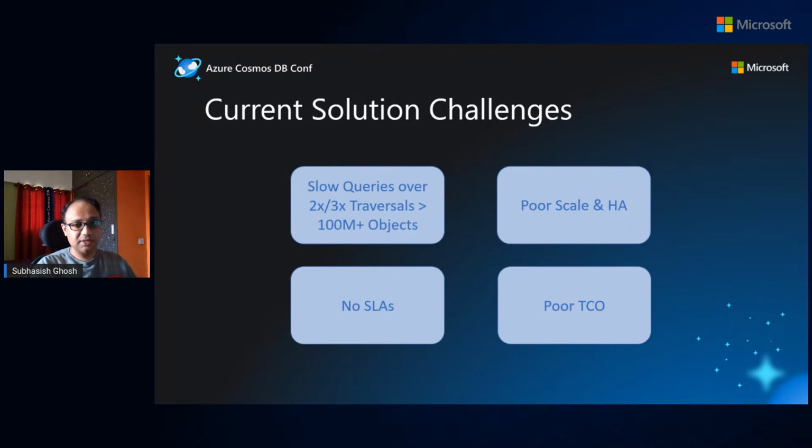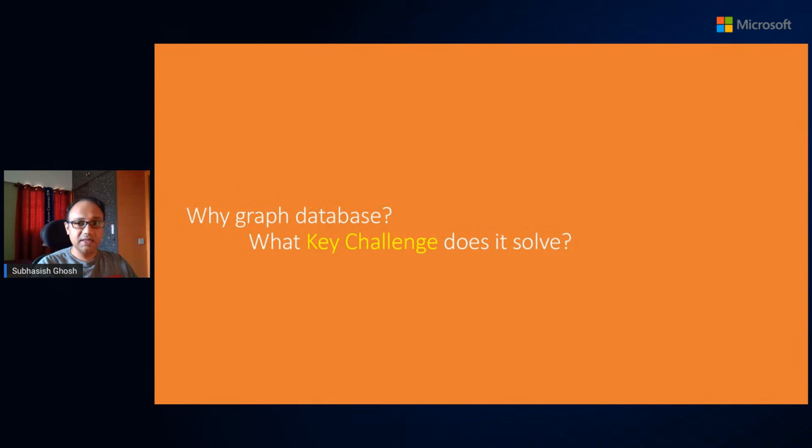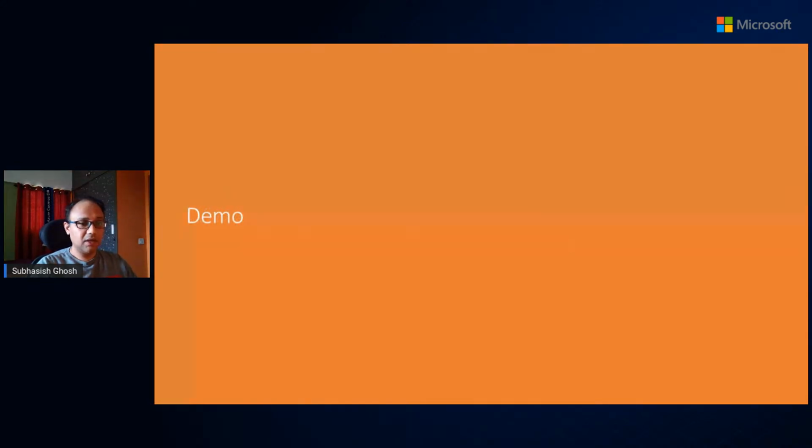There were no SLAs per se in most of the customer use cases I worked. They wanted a dedicated SLA on performance if it's available. Definitely on the last mile, read latency, write latency, and throughput would be excellent to estimate and also optimize for. These two are very, very important points. And then, because of the lack of the above-mentioned points, there was a poor TCO for this particular use case. So our recommendation was to check out Azure Cosmos DB,